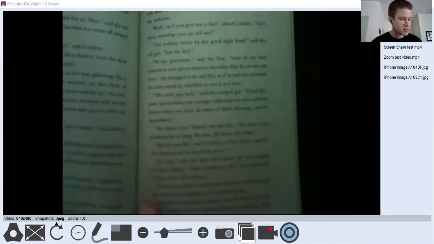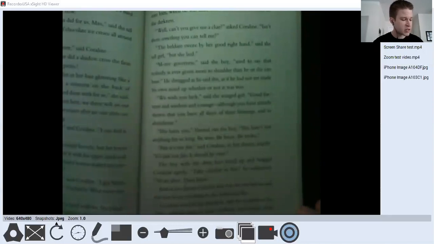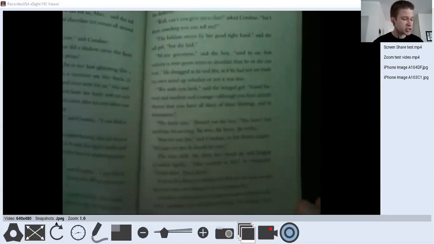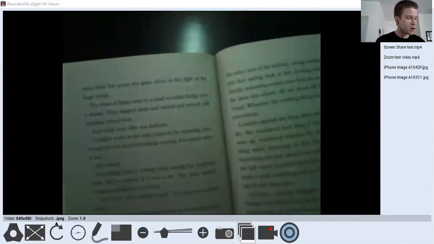Thou livest." And in her dream, Coraline saw the sun had set and the stars were twinkling in the darkening sky. Coraline stood in the meadow, and she watched as the 3 children, 2 of them walking, 1 of them flying, went away from her across the grass, silver in the light of the huge moon.